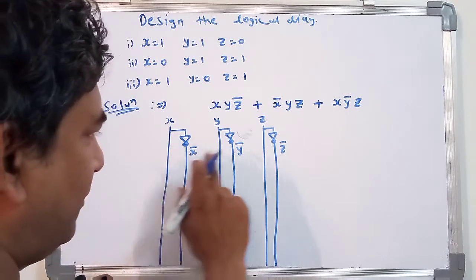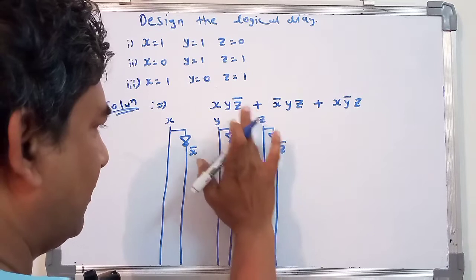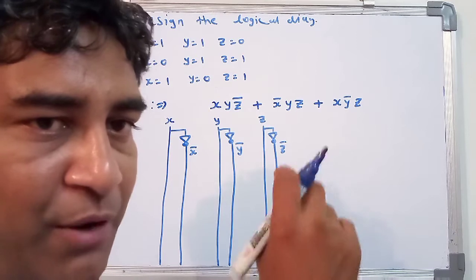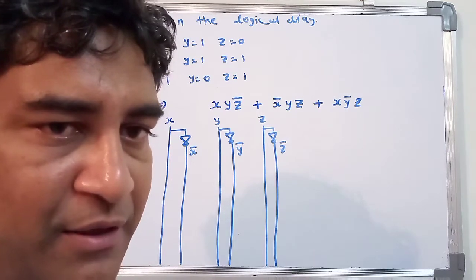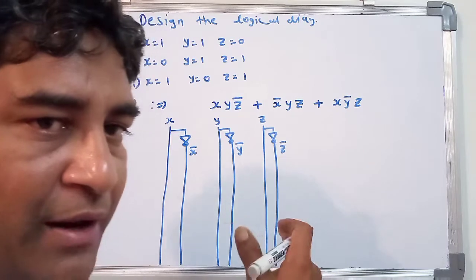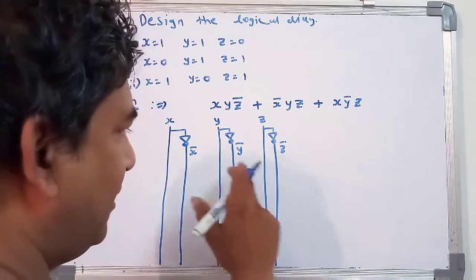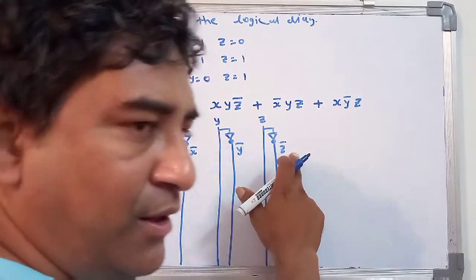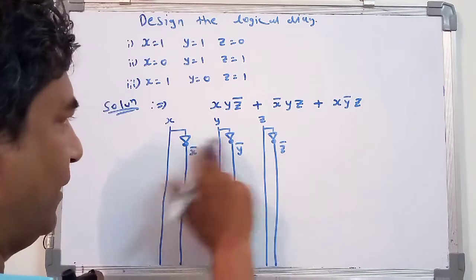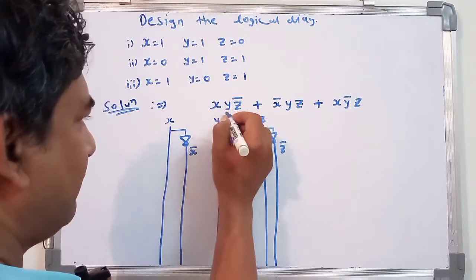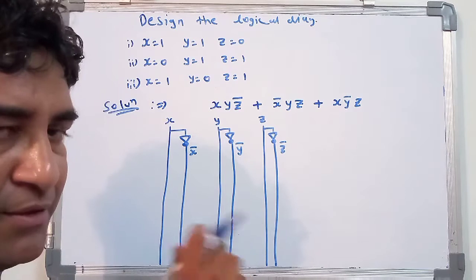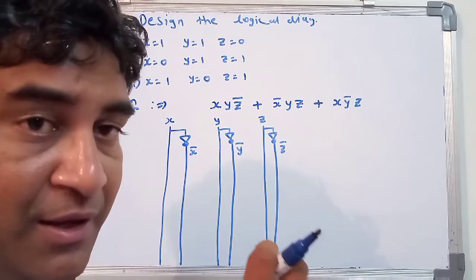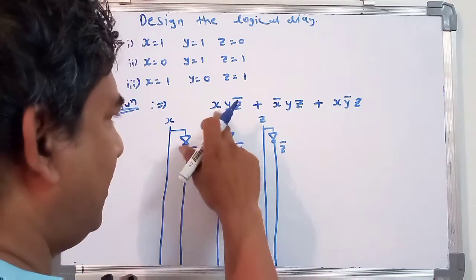In a specific manner you have to write this, so that whoever may be the valuer, he may directly understand the value for x and the output we are getting, that is x bar; the value for y, the output we are getting after the inverter, that is y bar; the value for z, after the inverter you are getting z bar. Now you observe this one, x, y and z bar. X, y and z bar has a gate. That gate is nothing but an AND gate, as it is a multiplication.